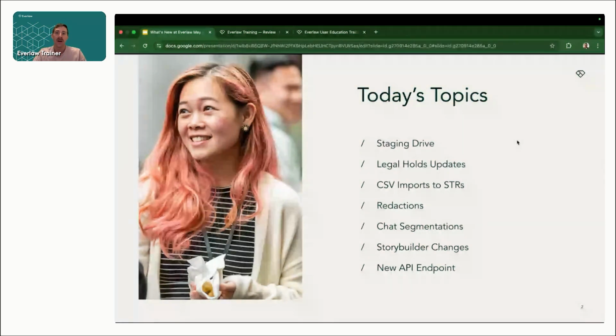So we'll be starting off with talking a little bit about Staging Drive, which is a new addition to how we can host pre-processed documents. Then we have some updates to our legal holds feature in questionnaires and how you can export information from the platform. There's some additions to our search term reports as well. So allowing you to import a CSV to get that information into the search term report a little bit faster